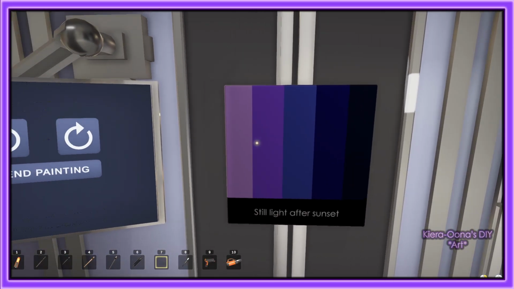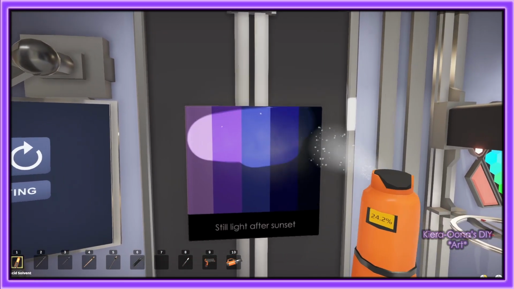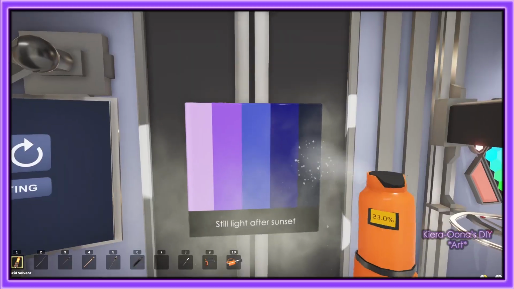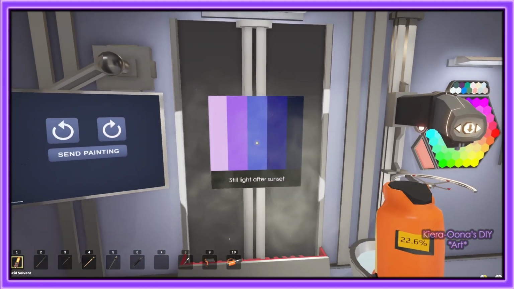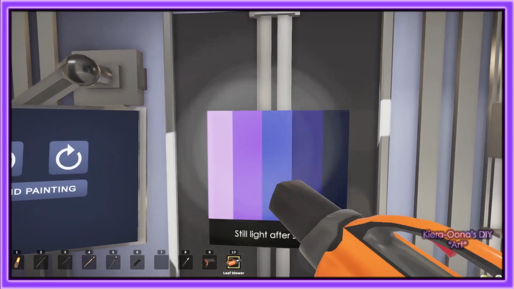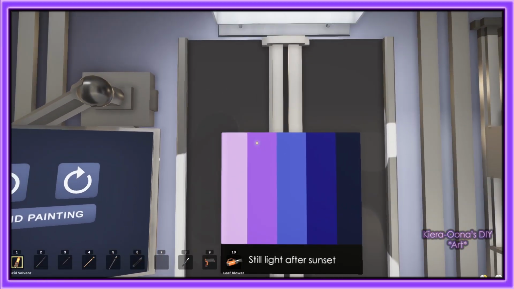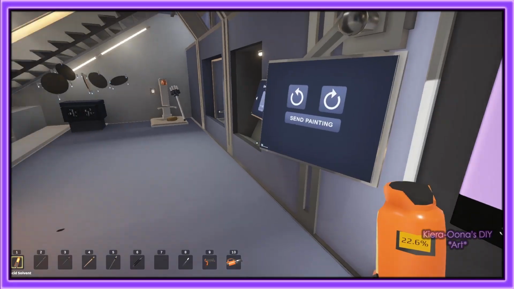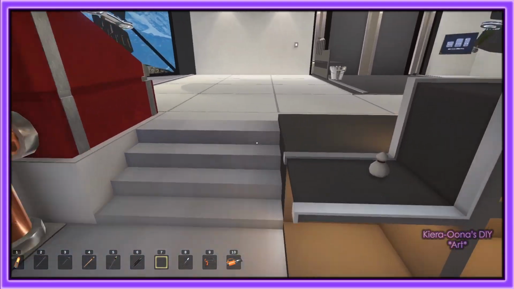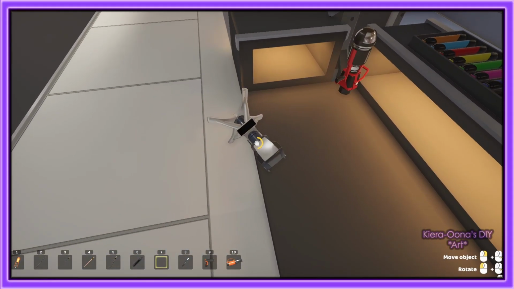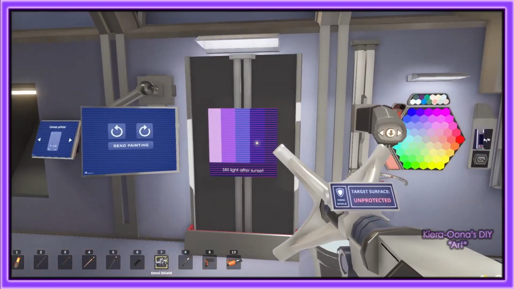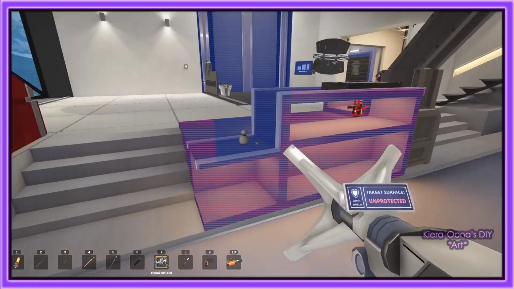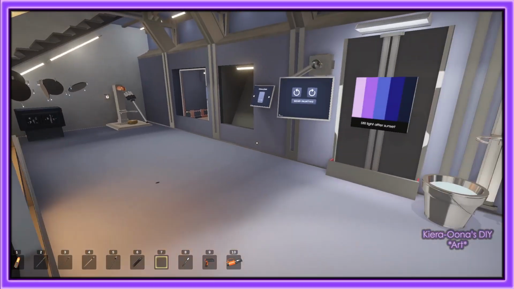It looks a little dark, but let me see if I can brighten that up. Just because of how the file saved, it was a little weird. There we go, that's better. And all I used was the solvent just to run it over the whole thing. I mean, if you don't protect the surface, you can wind up smudging it. So what you want to do is grab your surface protector thingy and protect it so you can't smudge it later. And then I'll just huck that over there.